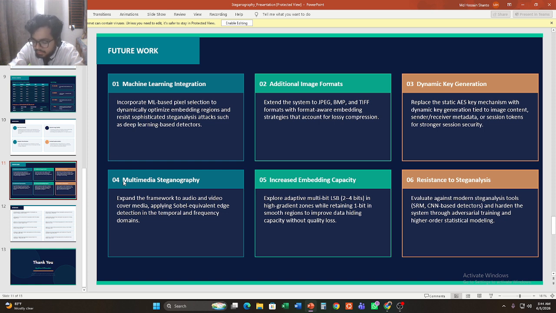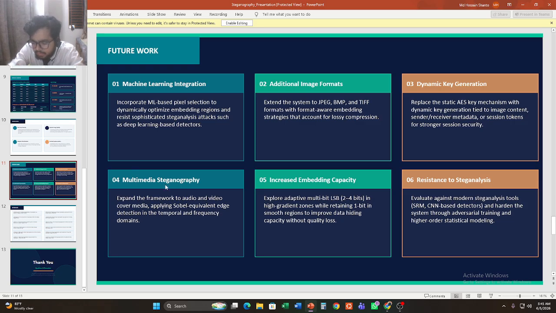The authors suggest incorporating ML-based adaptive pixel selection to dynamically customize embedding regions and improve resistance to sophisticated deep learning-based steganalysis attacks, which are becoming increasingly powerful.